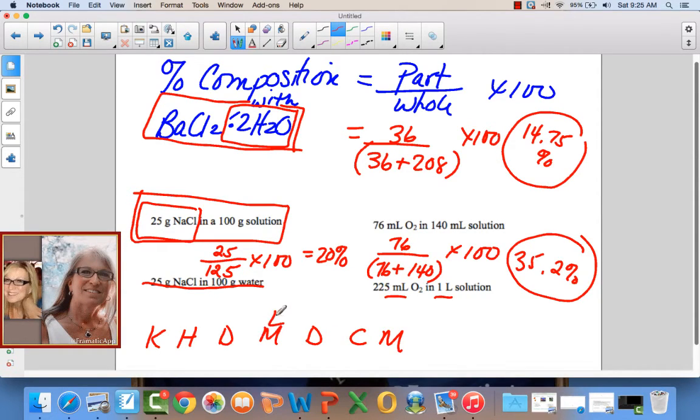And this is your baseline: liter, meter, gram. If I'm going from milliliters to liters, that's 1, 2, 3 places to the left. 1, 2, 3. So that's 0.225 liters. So that's going to be my part, 0.225 liters over the whole thing,